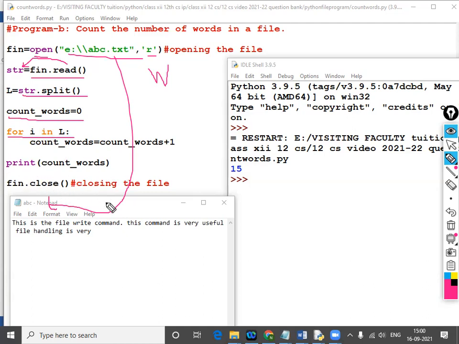Print count words, fn.close. Now 1, 2, 3, 4, 5, 6, 7, 8, 9, 10, 11, 12, 13, 14, 15. 15 is the count.